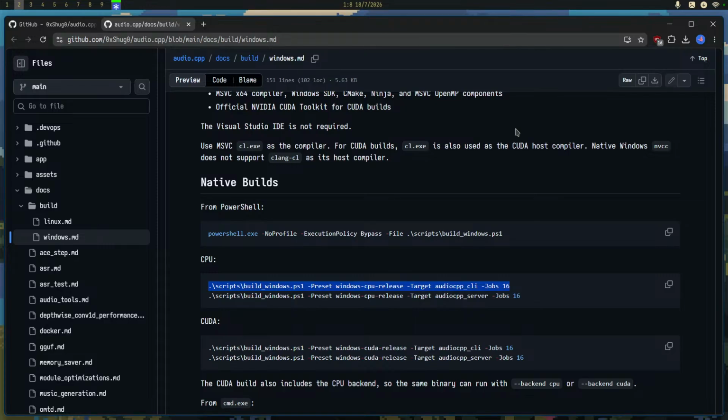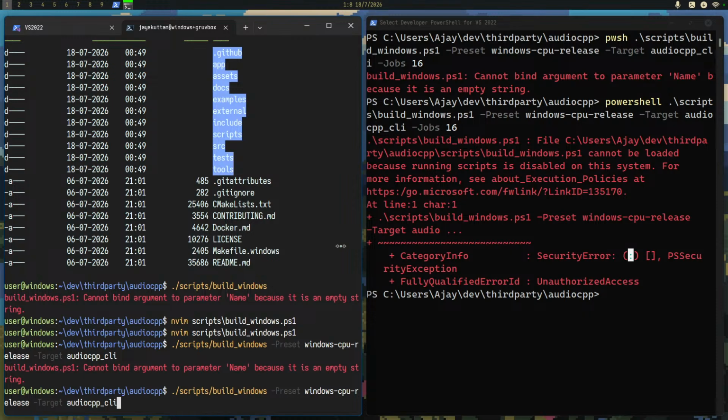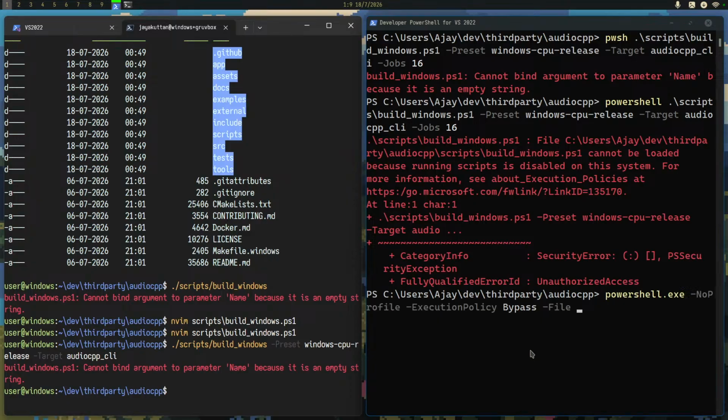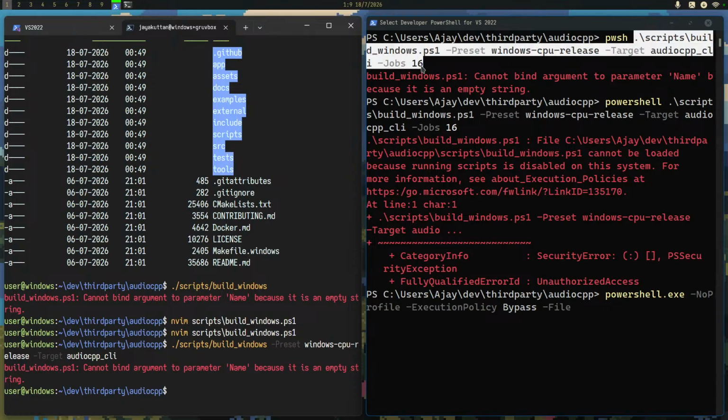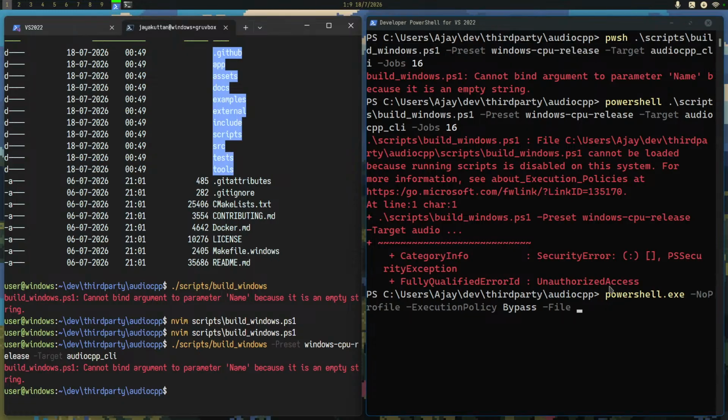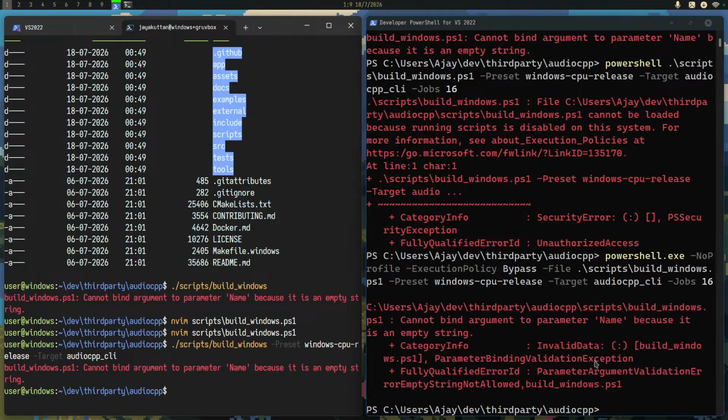Maybe it's because I have to prepend this to it. I guess it was running and I get the same error.